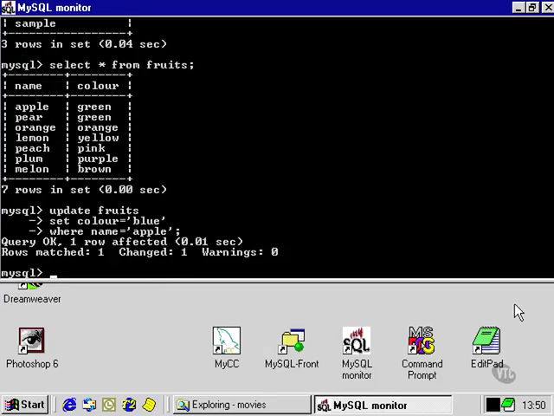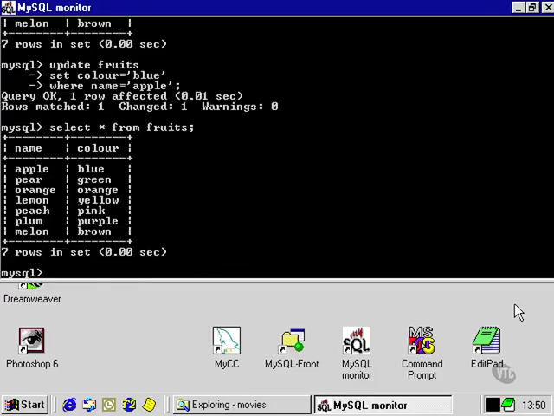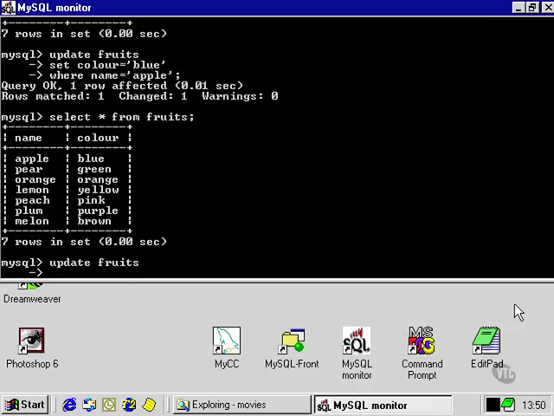The query went through, so let's use our select statement to view the data again. As we can see, the apple's colour has been changed from green to blue. Now we can also use the update statement in a similar way,